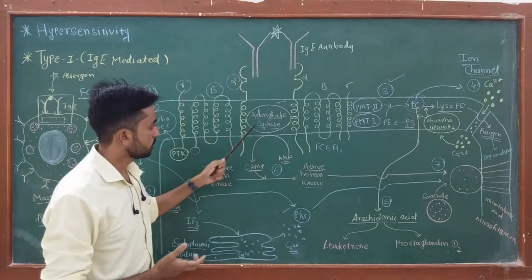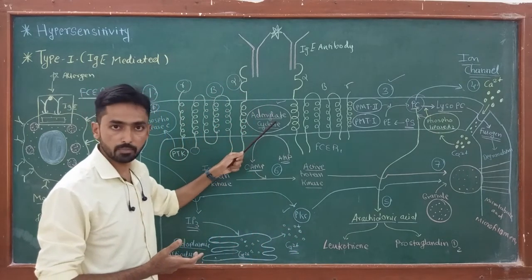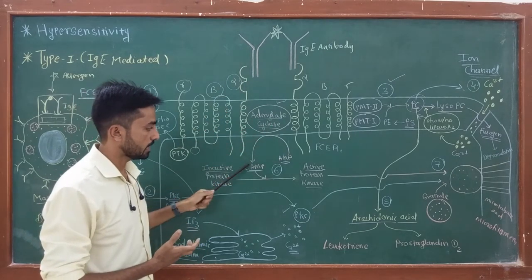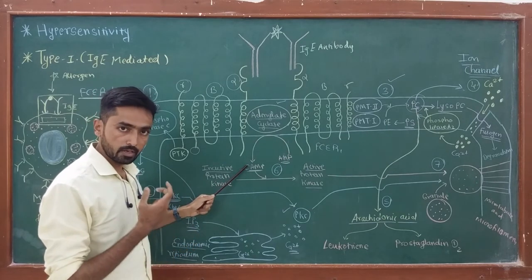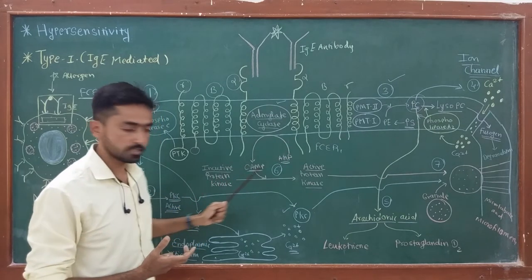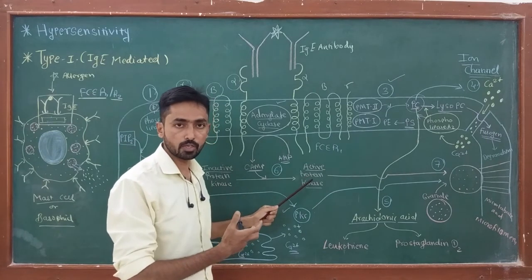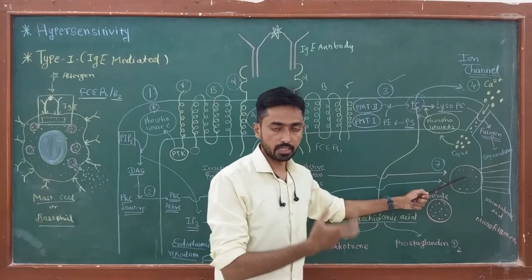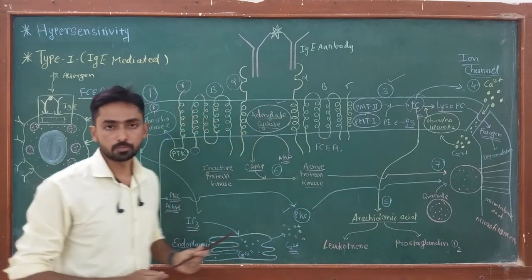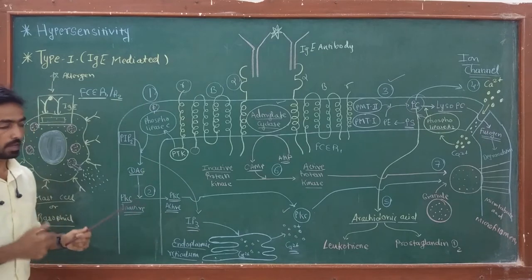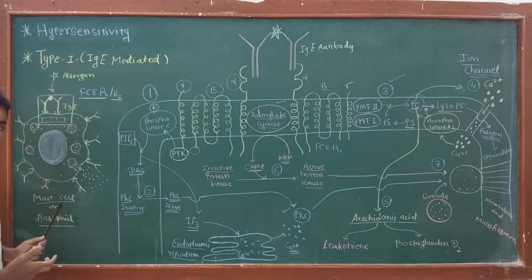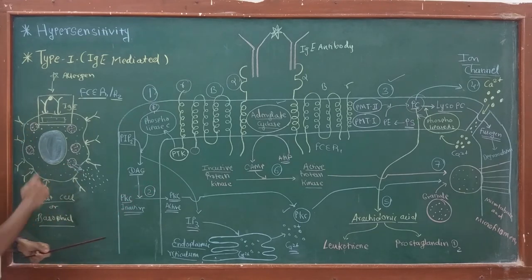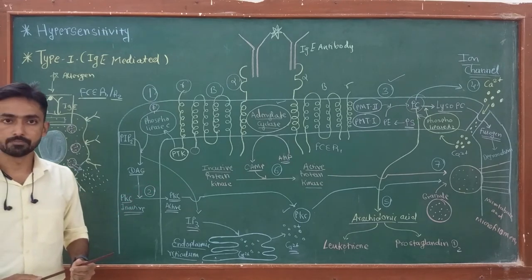Now the last reaction occurs in which the adenylate cyclase enzyme present in the cell membrane gets activated due to cross linkage, and the enzyme converts AMP into cyclic AMP. Cyclic AMP is required for conversion of inactive protein kinase into active protein kinase, and the activated protein kinase transfers a phosphate group onto the granules, which ultimately helps in the degranulation process. So this is all about the process of sensitization of the mast cell and the mechanism by which degranulation of the granules occurs in the mast cell. Thank you.